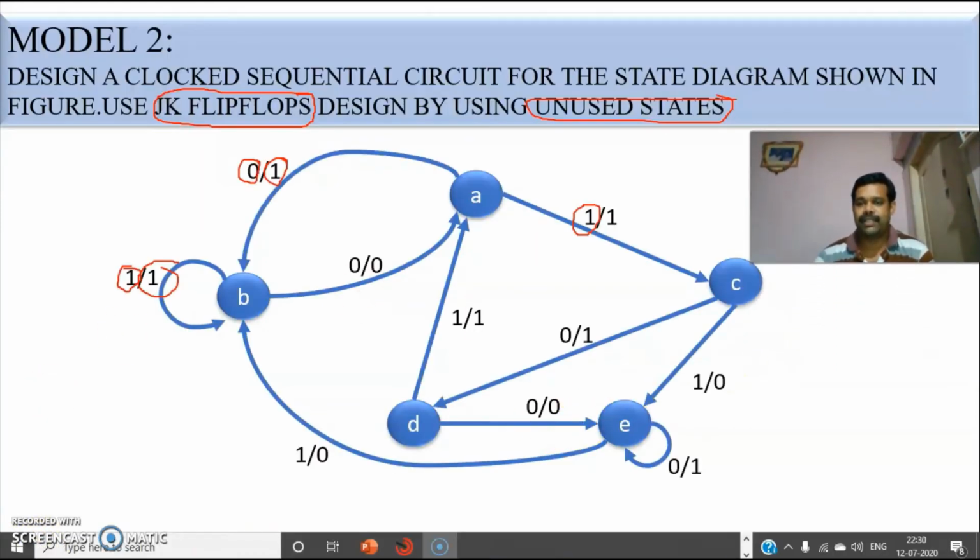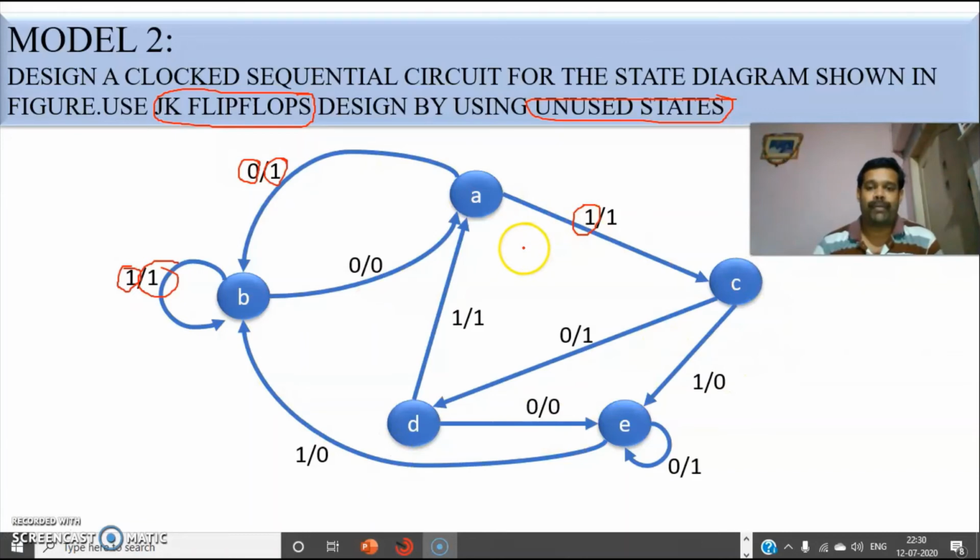So this is the given state diagram. From this state diagram, we have to form the state table. So totally how many states do you have? 1, 2, 3, 4, 5. We have 5 states. So we have to write the state table. How will we write it? In the state table, we will have